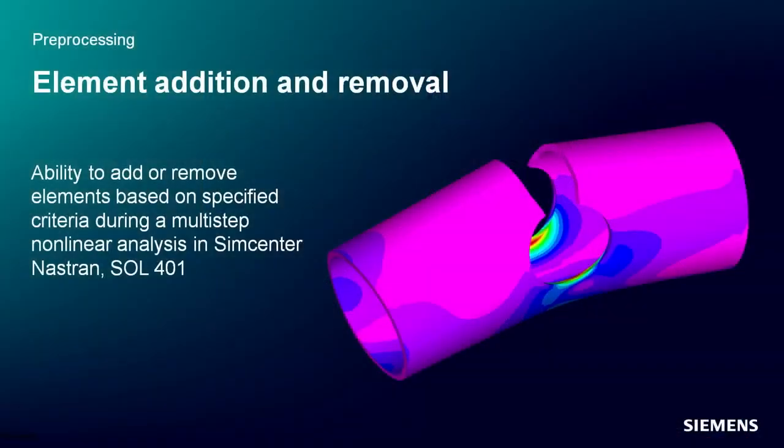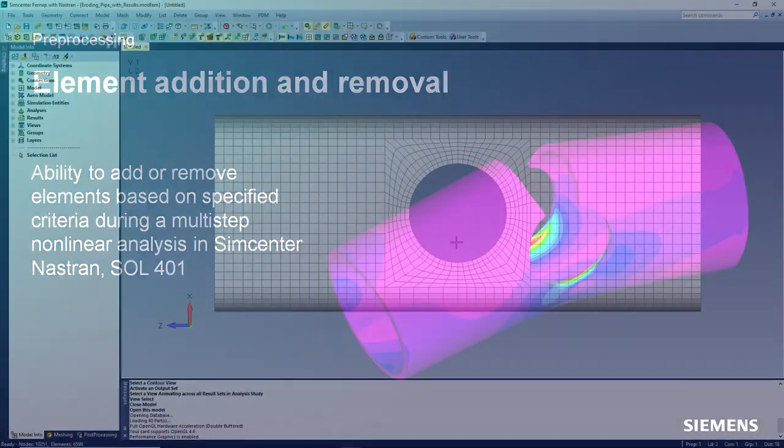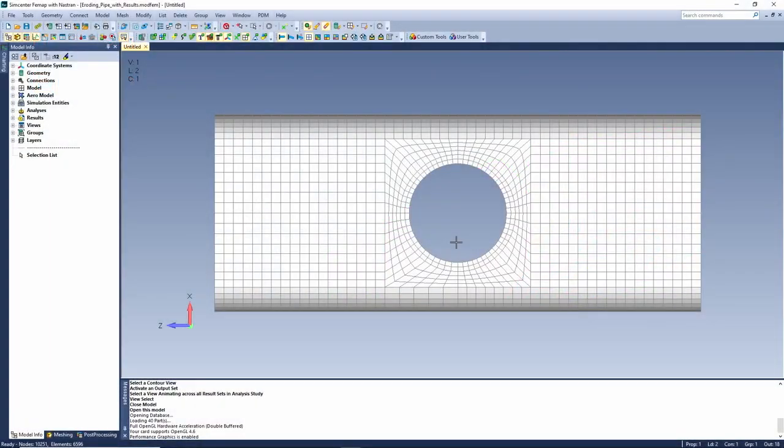Thanks, Mark. For Simcenter Femap 2301, support for element addition and removal when using Simcenter Nastran's multi-set structural solution sequence, SOL 401, was implemented, which includes new simulation entities along with an analysis-specific option for boundary conditions and unique output vectors. The first thing that we're going to look at today is element addition and removal when using solution 401